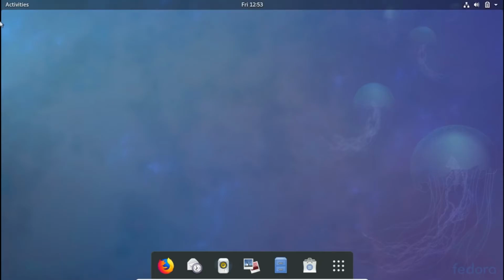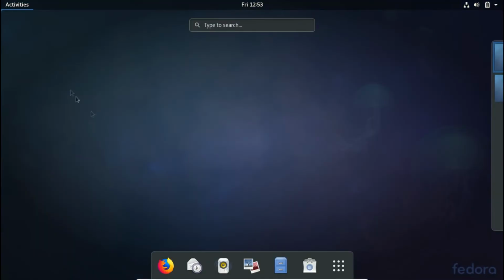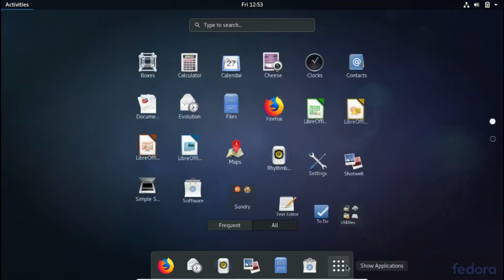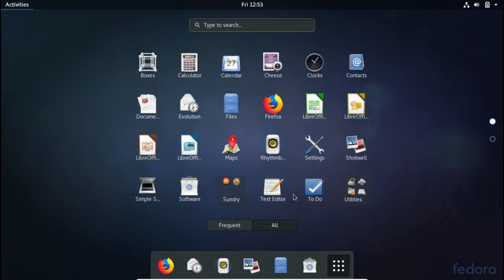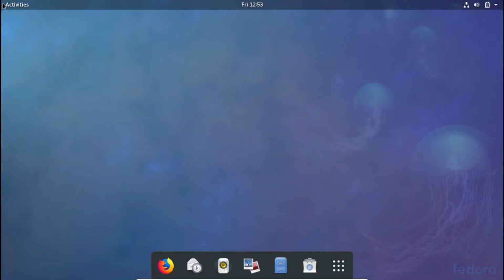So if we exit out of terminal and go to all our applications, you're going to see it's not going to show up right away. What you're going to have to do first is restart the OS. So let me go ahead and do that for you. Alright, so we just restart. So now when we go to show applications,